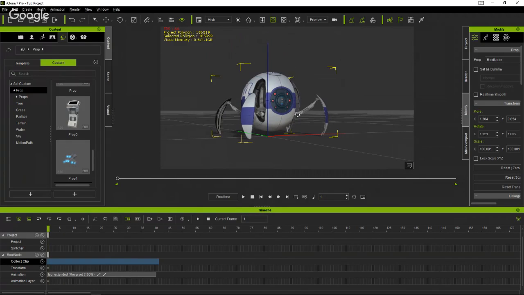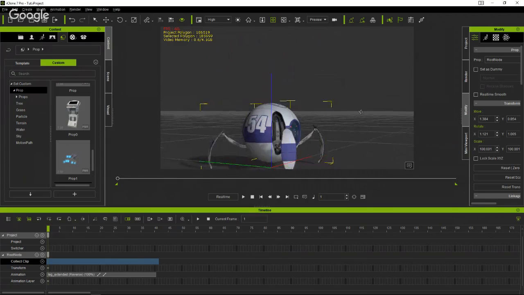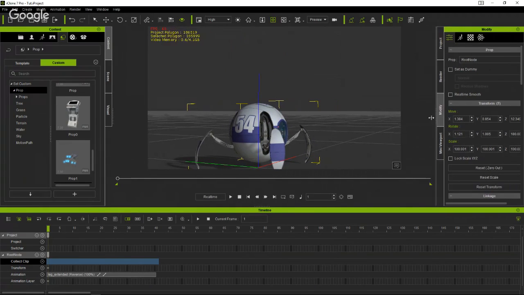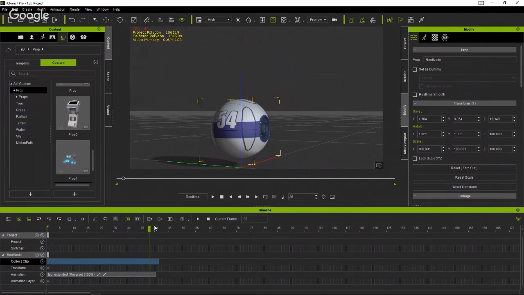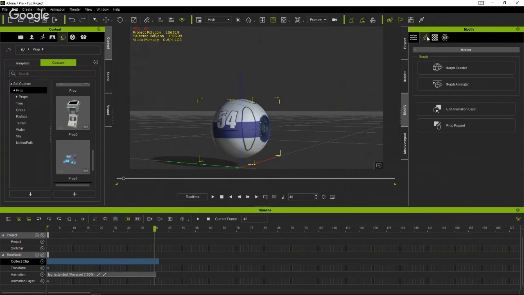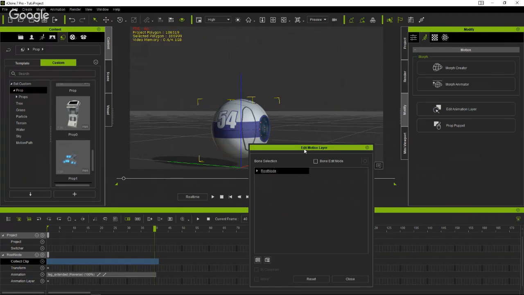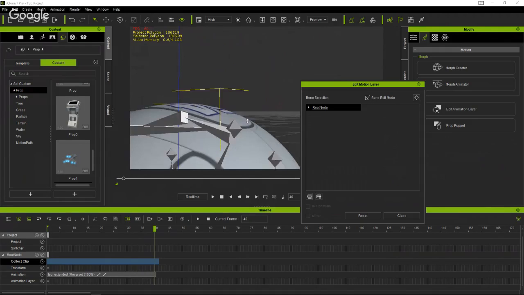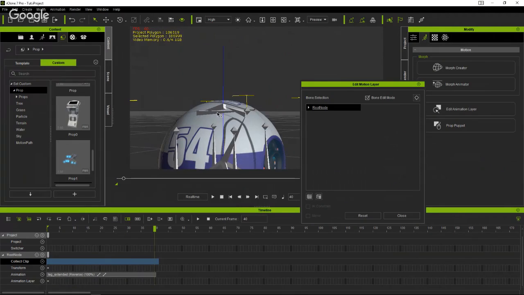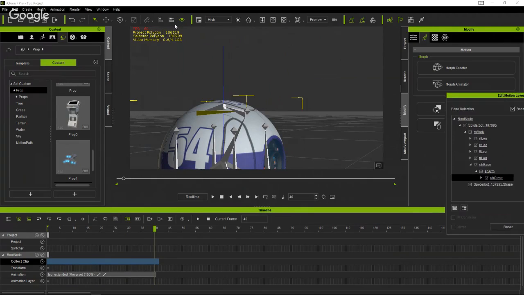So I gotta do another one. Let's do legs in, sensor out. So I'll come over here to the fast man running, come over to his edit motion layer, and I will turn on edit bone mode where I see the bones for the character. And we're just going to grab his bones for his little leg arm up here. Press E,